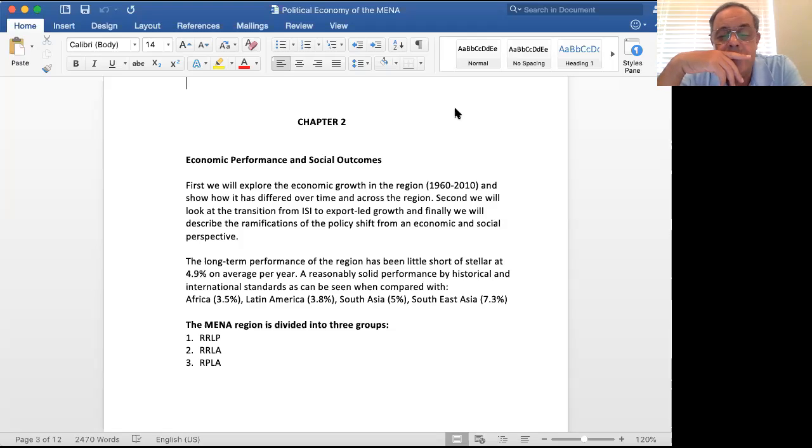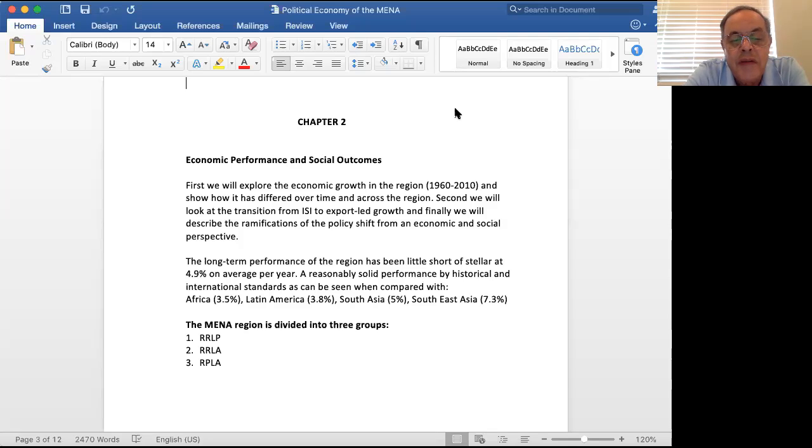But before we do that, we're going to divide the MENA region into 3 groups. And we're going to call them the RRLP, resource-rich, labor-poor countries, RRLA, resource-rich, labor-abundant, and RPLA, resource-poor, labor-abundant. So if you look at the MENA region, there are probably close to maybe about 19 or 20